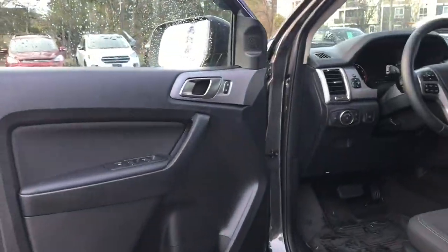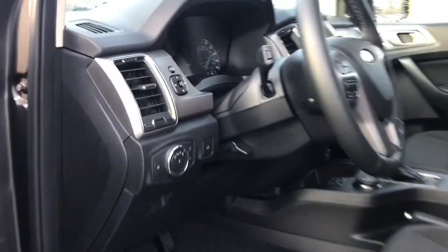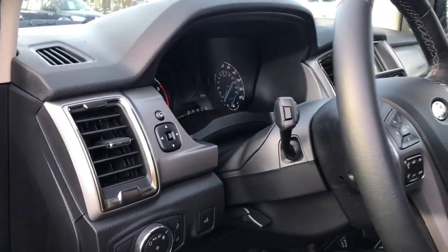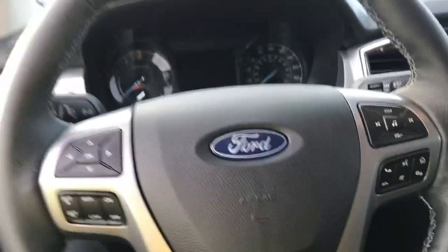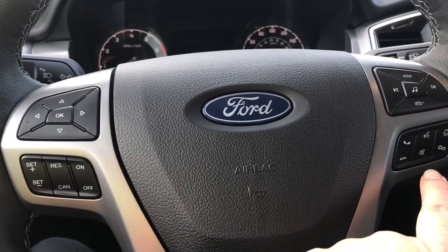Storage and speaker in the door, as well as power locks, windows, and mirrors. The driver's seat is manually adjusted with manual lumbar. Your lighting controls are located here, and the steering wheel can tilt and telescope. With the aid of your running board, it's easy to get in. On the face of the steering wheel, you have your dash controls, cruise control, media with volume, and sync voice